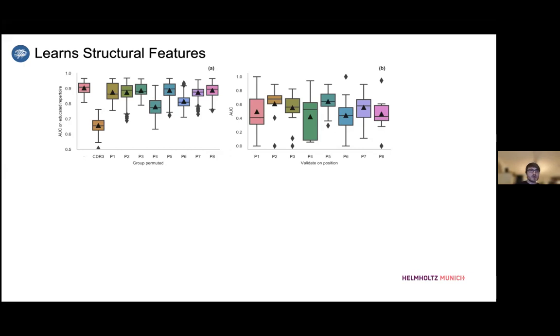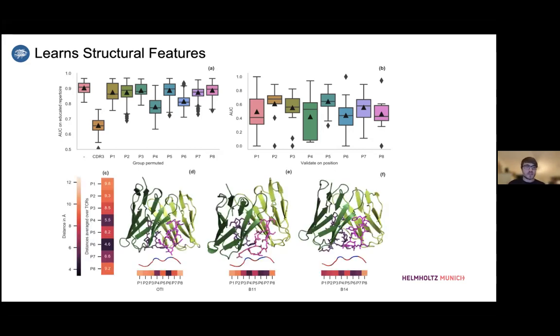And then, if you remember the plot from before, we see here as well that position 4 in particular has quite some importance to the specificity prediction quality. This is not surprising, given that we know that this probably interacts with the T-cell receptor sequence. And to verify this, we then started modeling these APL libraries through crystal structure modeling, 3D modeling, and here we could also verify that